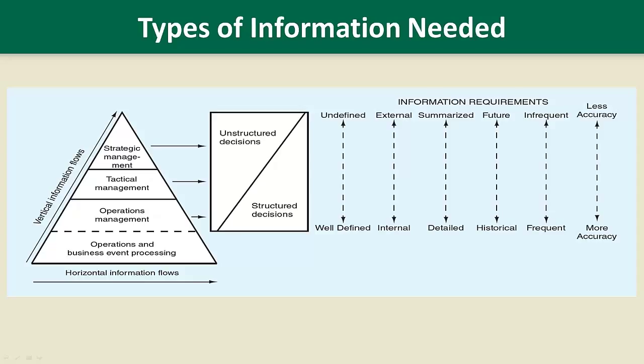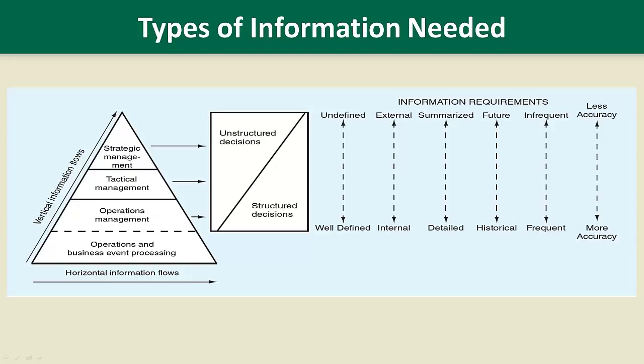A good example of a highly structured problem is the generation of financial statements. GAAP gives us specific guidance for what are and are not accounting events that are to be recorded as journal entries. Then the process continues to the ledgers, to account balances, closing entries, worksheets, etc., till finally we have the financial statements: balance sheet, income statement, statement of cash flows. So we can see that the financial reporting cycle has problems and information that are well defined, internal, detailed, historical,